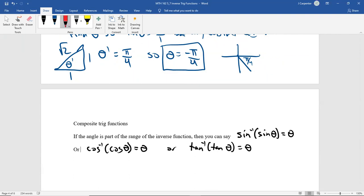The idea here is that inverse sine and sine cancel, inverse cosine and cosine cancel, inverse tangent and tangent cancel. In the same way that if you have x plus 5 equals a number, you subtract 5 on both sides to cancel. Addition and subtraction are inverses of each other. Multiplication and division are inverses of each other, so they cancel each other. Square roots and squares are inverses of each other, so they cancel. A function and the inverse function are literally inverses of each other, so they cancel. And in all those ideas, when you cancel, you're left with the base argument. With trig functions, it's the angle. But there's a